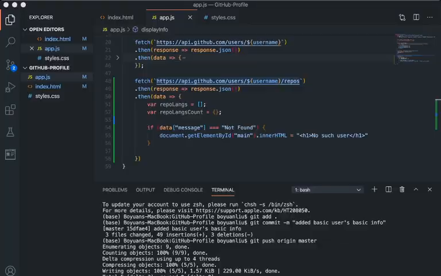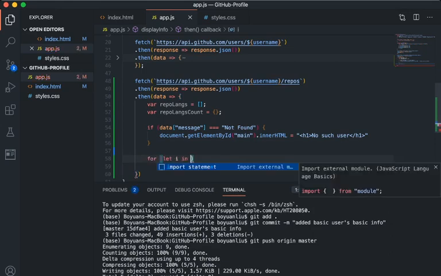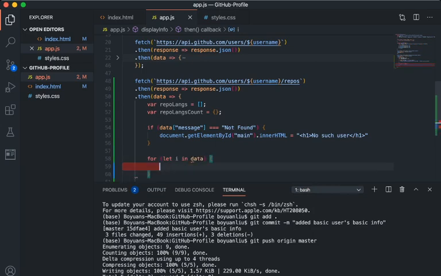Alright, so now I'm going to use a new kind of loop. It's called a for...in loop. Basically, this is how you loop through an array in Python. So instead of i equals 0, i less than data.length, i plus plus, we just use this shorthand notation. And the i